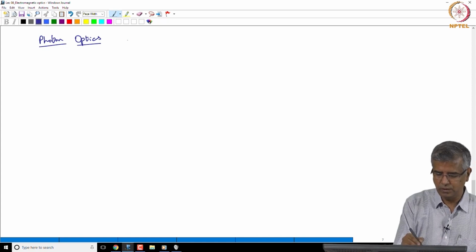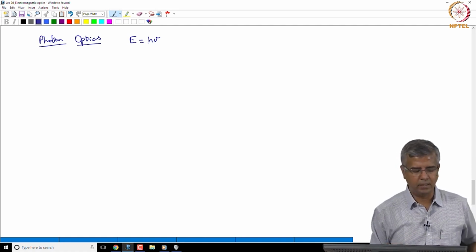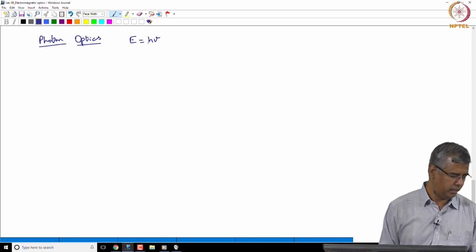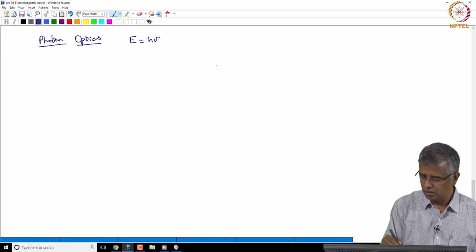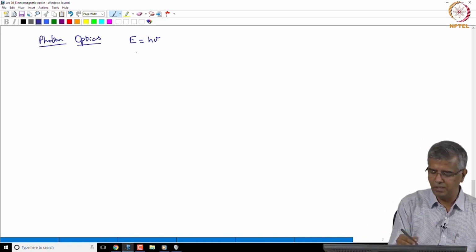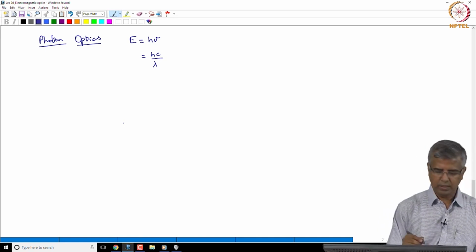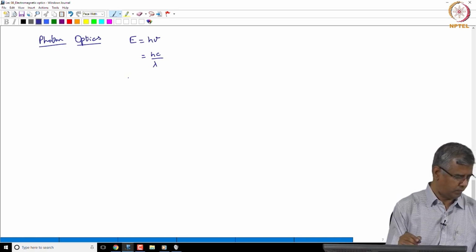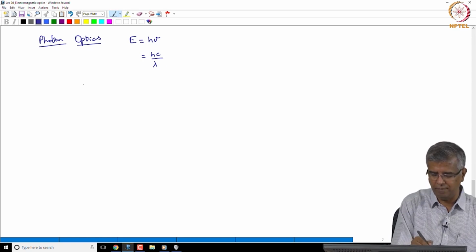So we said E equals h nu. So to really understand what this means, let's actually draw the electromagnetic spectrum and see how energy, frequency and wavelength relate, because if E is equal to h nu, this can be written as hc over lambda, right, where c is the velocity of light in vacuum, right, and conversely, if you are trying to find the value of wavelength